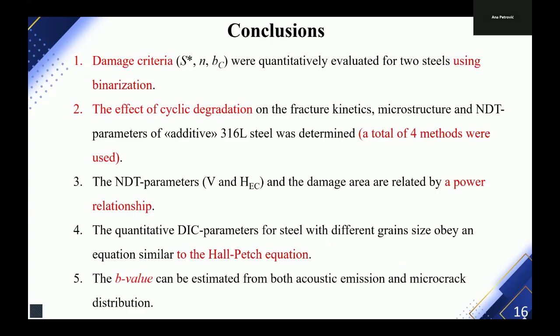Well, in this work, we quantitatively evaluated damage criteria using binarization and found the effect of cyclic degradation on our additive steel material. We find that non-destructive testing and the damage area are related by a power relationship. And we find that quantitative DIC parameters for steel obey an equation similar to the Hall-Petch equation, and we try to estimate the b-value parameter using acoustic emission and